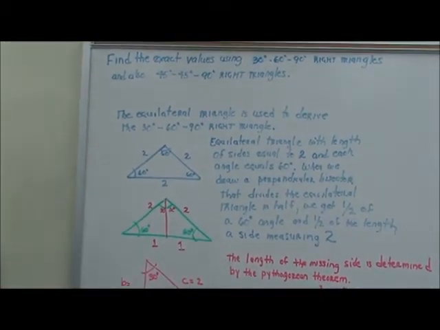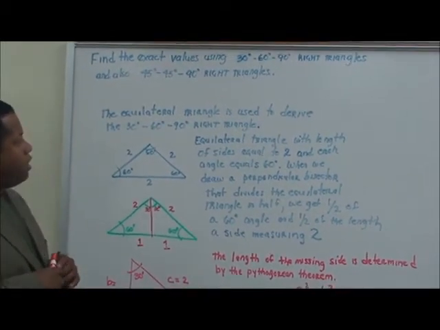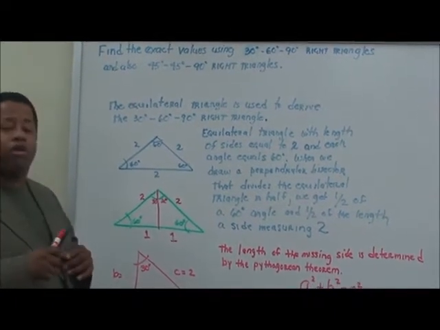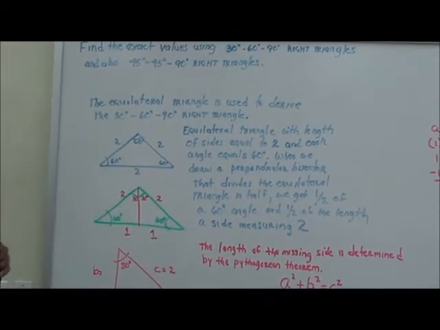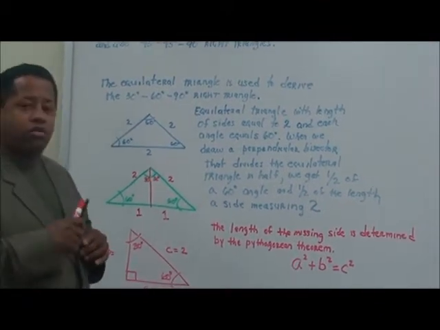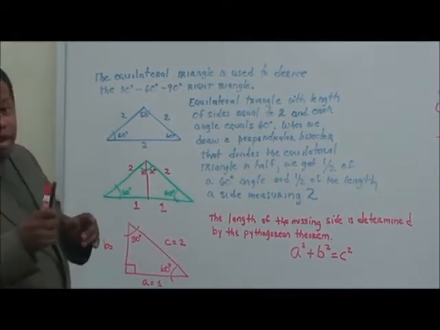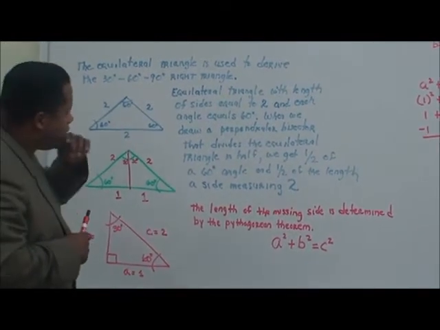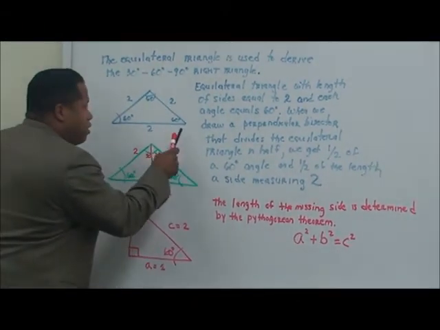Now, first of all, we want to talk about the equilateral triangle and how the 30, 60, 90 right triangle was derived from it. Mathematicians and scientists toiled through making these great discoveries for us to do what we need to do today as mathematicians and engineers. However, let's look at the equilateral triangle with a length here of 2, 2 here,